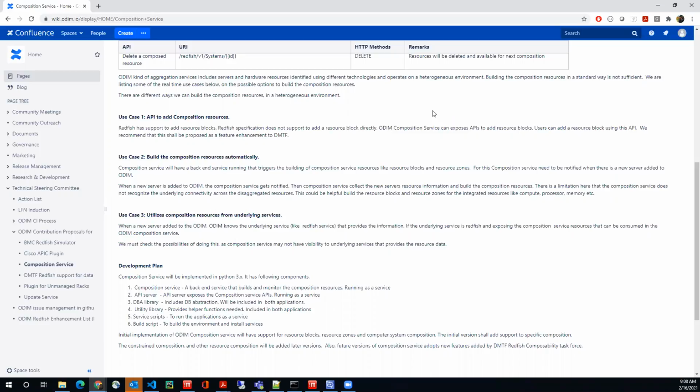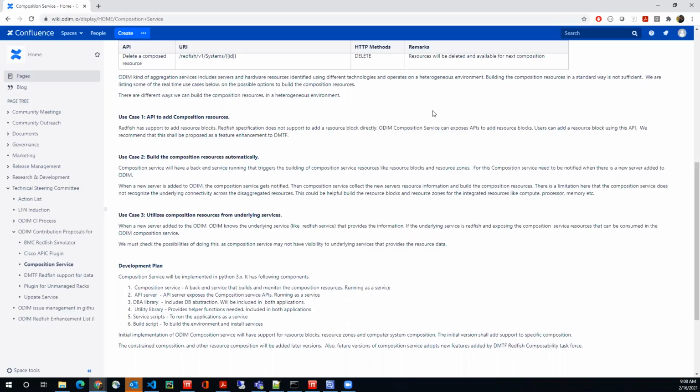So there's really a case for extending the APIs. Yeah, that's what we are suggesting from the first option. Even though the DMTF does not have it, we can add an extension or enhance the resource blocks to add an API. That is the first use case.